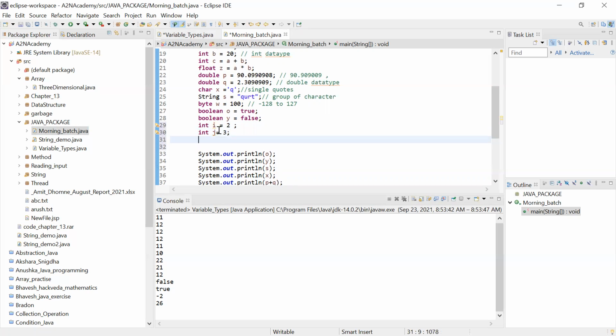So I've declared here i and j. Okay. So I hope you remember, whenever you want to do an operation like this, i into j, then you can write it like this also, right? If you remember, I told you the operator will come first, then equal to, and then j. So you can write it like this also: i is equal to i into j.